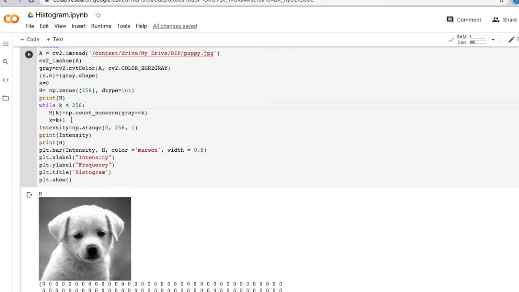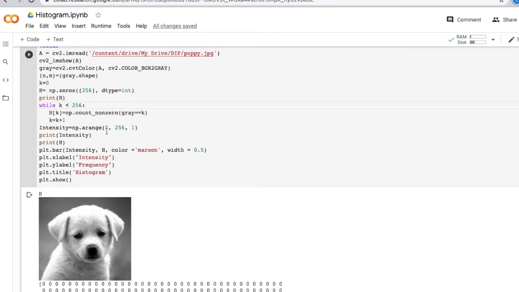Next, here I have varied k, but we are going to plot this count which is stored now in h with respect to intensity. So I again create an intensity array, which is np.arange from 0 to 256, comma 1.